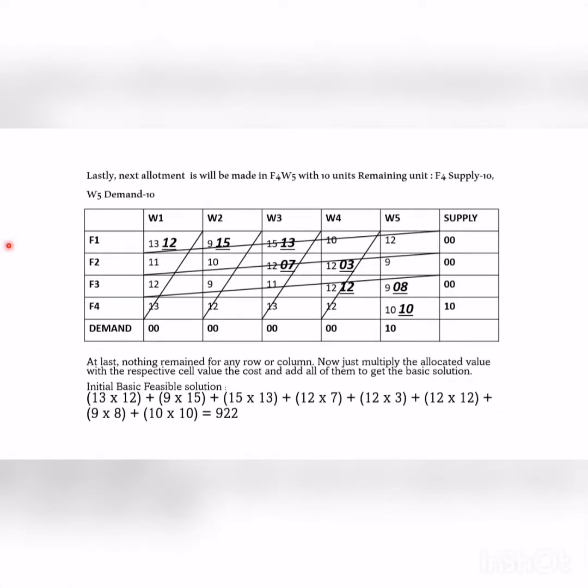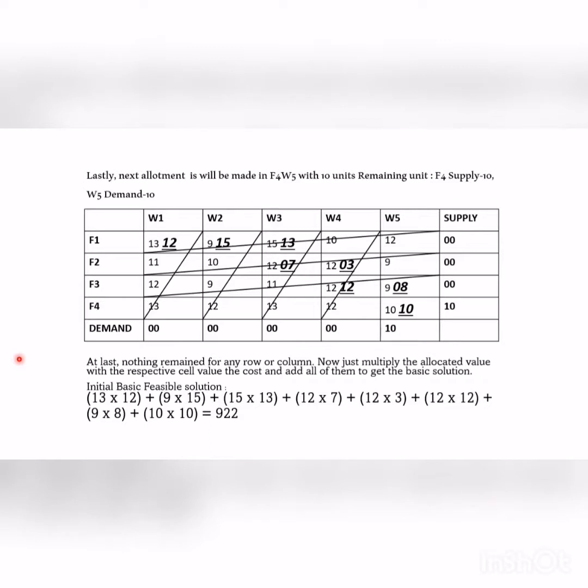Lastly, net allotment will be made in F4 and W5 with 10 units, and after that the remaining unit for F4 will be, the supply will be 10, and for W5 the demand will be 10. And at last, nothing will remain for any row or column. Now just multiply the allocated value with the respective cost, and add all of them to